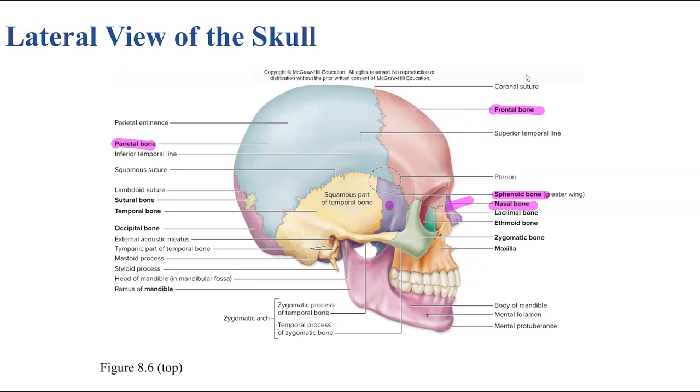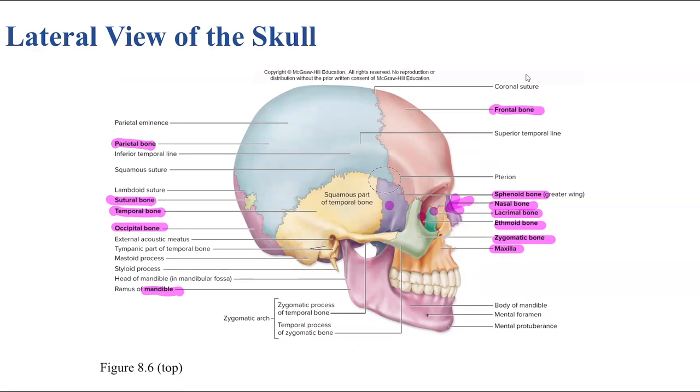Okay, so the nasal bone again. Okay, lacrimal, at the corner of your eye. Ethmoid is deep in here, and you can start to see it. It looks kind of pink. They colored it pink. The zygomatic bone, okay, the maxilla, the mandible, okay, occipital is in the back, okay, temporal